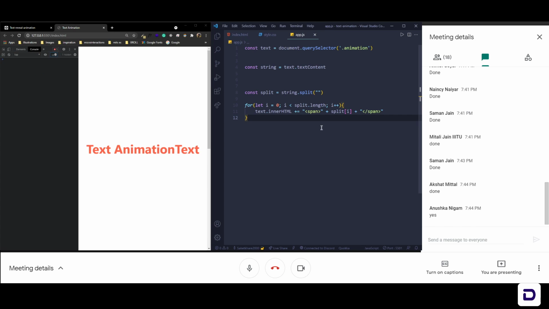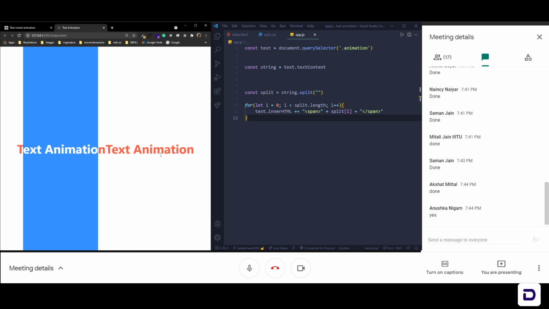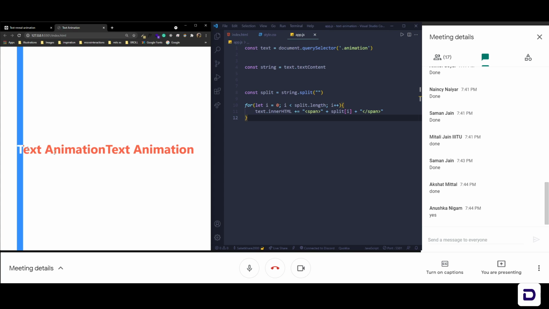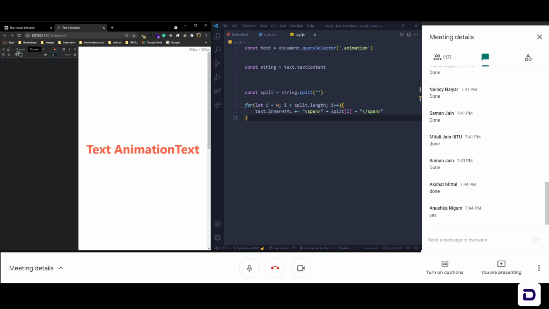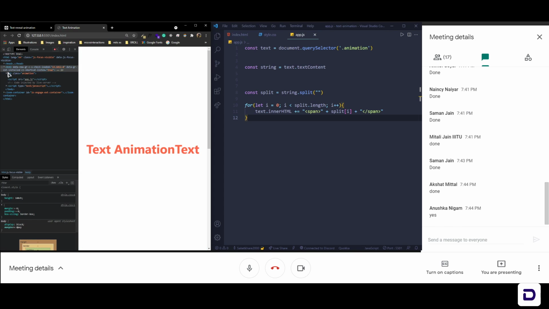Okay, so after this, you will see that we have the text animation written twice. It's because this is the h1 and these are all spans. If we look in the developer tools, which you can open by pressing F12, in the elements you have the h1 text animation, and these are the spans which we just created in the for loop.